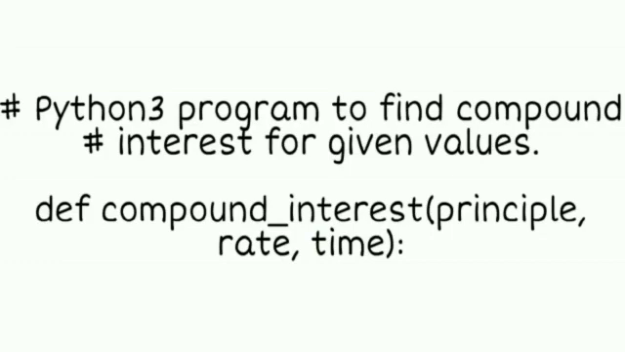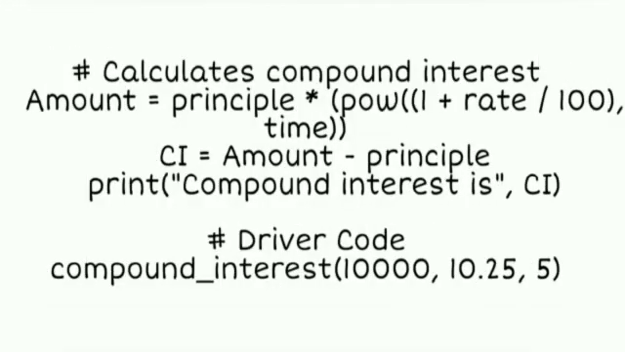My program name is Python 3 program to find compound interest for given values. Define compound interest (principal, rate and time) complete. # Calculate compound interest: amount = principal * (power(1 + rate / 100), time). CI = amount - principal. Print